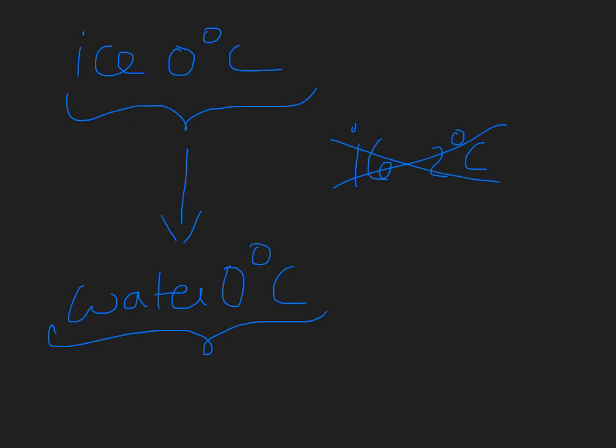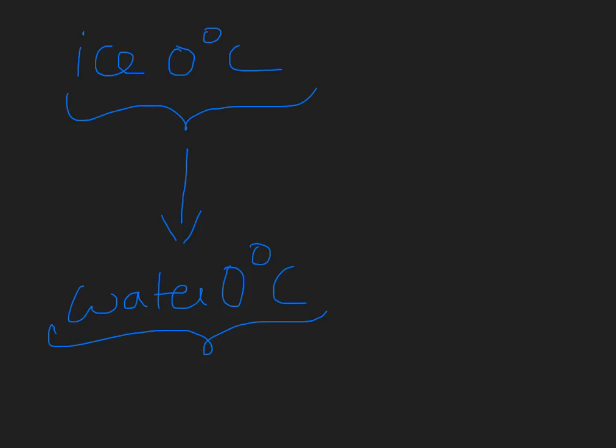Ice maximum temperature is 0. After 0 degrees centigrade, ice is converting into water, and water also at 0 degrees centigrade only. We can't convert water at 1 degree or 2 degrees like that. Directly we can't make the conversion. Ice at 0 must and should be converted to water at 0 only. This is the given information for us.